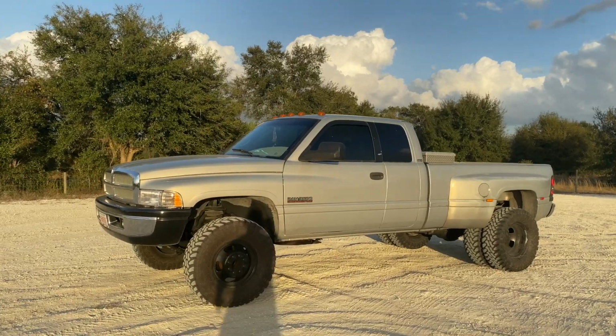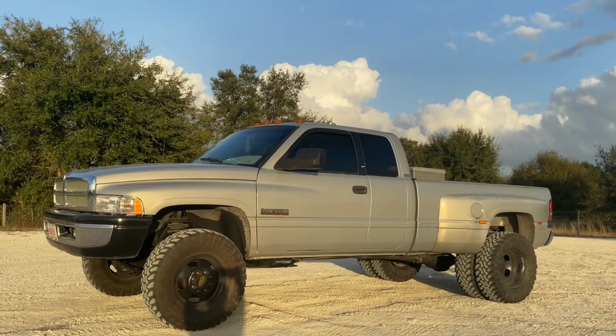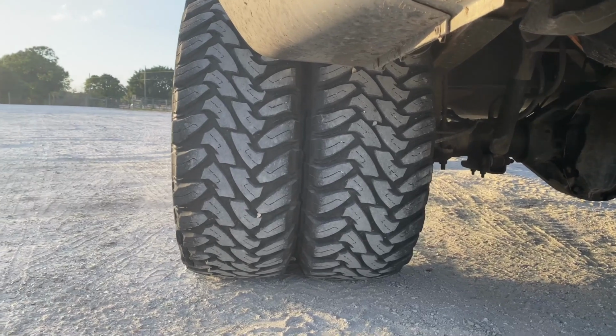There's just something, sorry, let me get my shadow out of the way. There is just something about 35s on a level dually. All right, so one more thing I need to address while we're at the back of the truck here is,